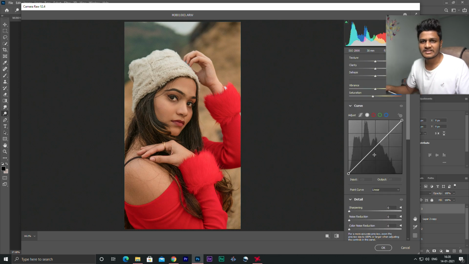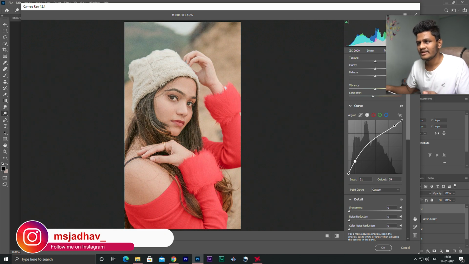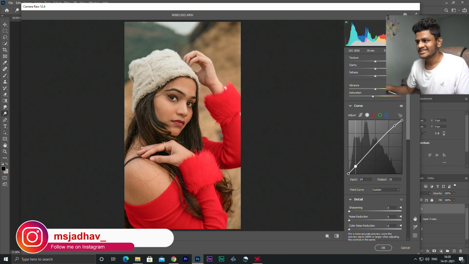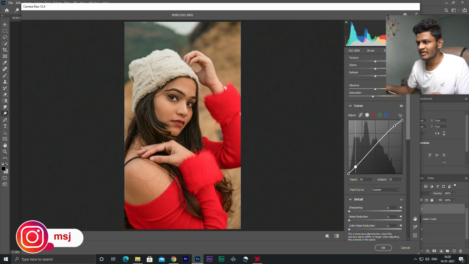So here in the curves section guys, this part controls shadows. You can see now this part controls shadows and this part controls the highlights. So if you make a point and mess with it here, you can see it is now affecting the highlights, and if you make a point here and do this, then you can see it is affecting the shadow areas. So basically I will just create 1 2 3 4 5 6 7 points here and 8 points